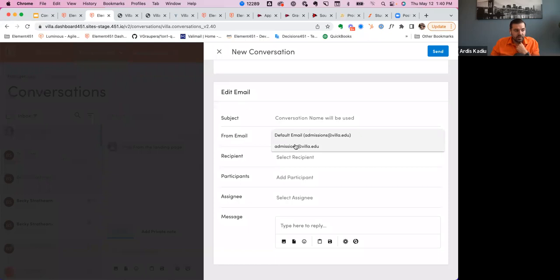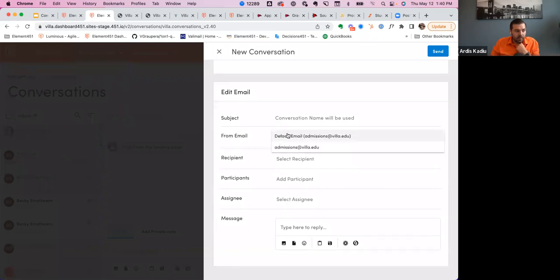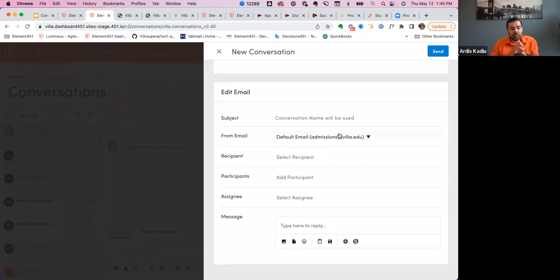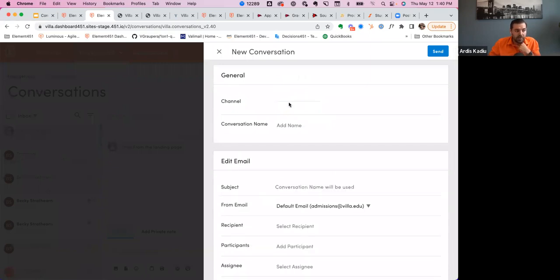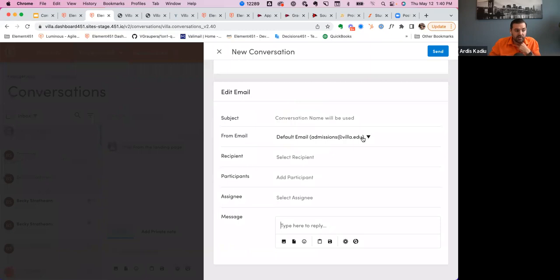There's a default email here. This is going to work out of the box. Everybody's going to have a default email address that you're sending from, which is currently what you're using in conversations. If this is an SMS conversation, you're going to have your default from number that goes out. But then you might have multiple email addresses, and you can pick those as part of that.